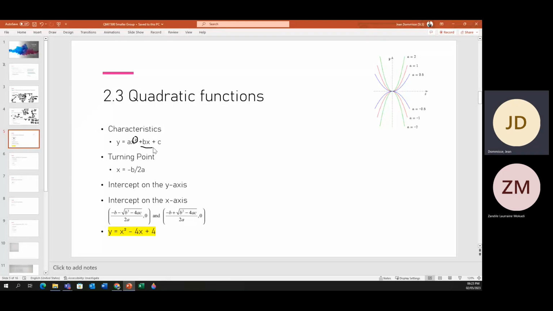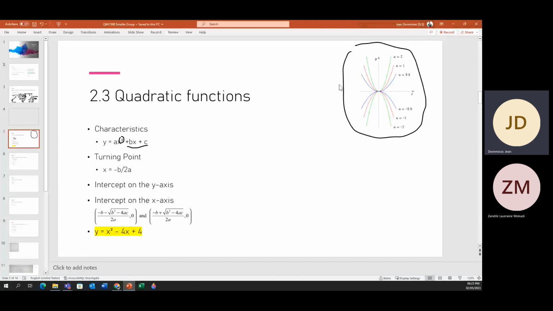So if you look at the second part, it is exactly the same as your normal linear function. It is basically the first part that makes it a quadratic function. So you can definitely see with a quadratic function that there's a turning point,